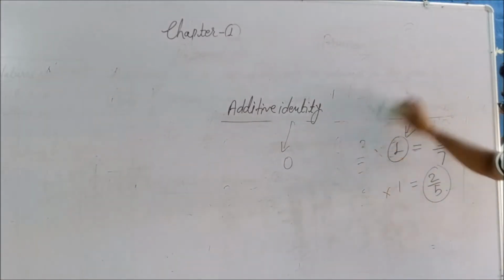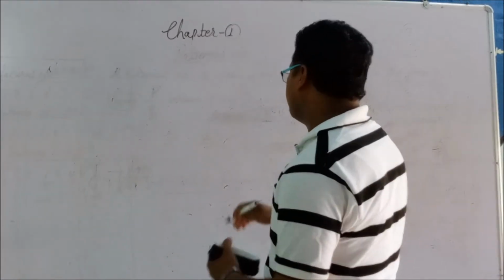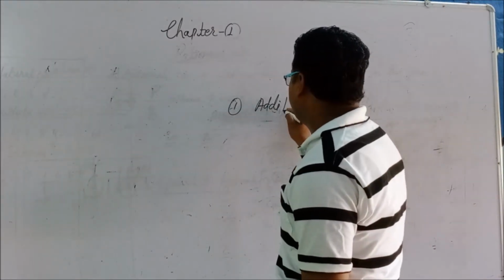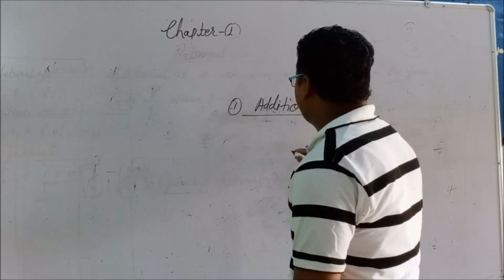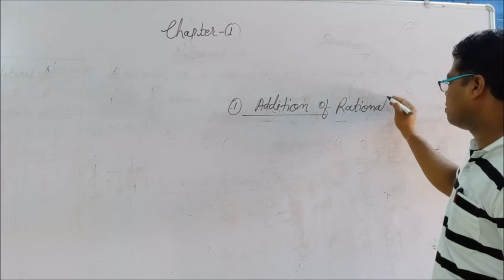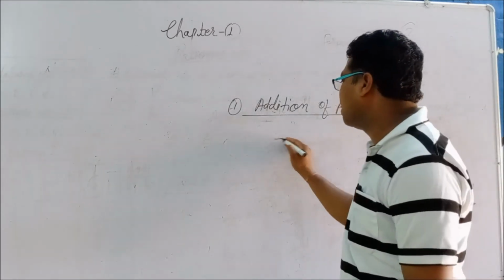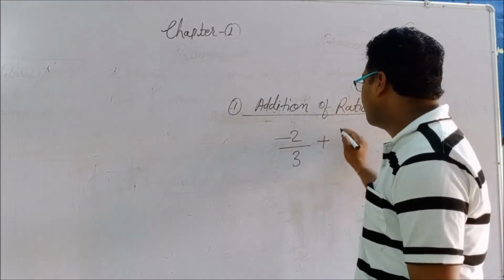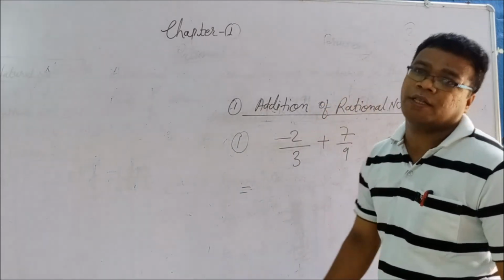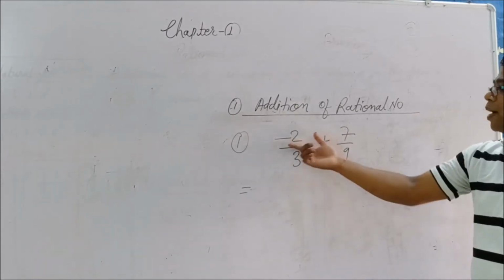Next thing, right now we will do some of the operations. See, these are very important operations. For example, addition. We are going to start with the addition of rational numbers. Already we know how to add fractions. Say for example, I have written -2 upon 3 plus 7 upon 9. I am taking this example, and through the example we are going to understand the concept. Very easy. These are two rational numbers, and we have to add both of them.